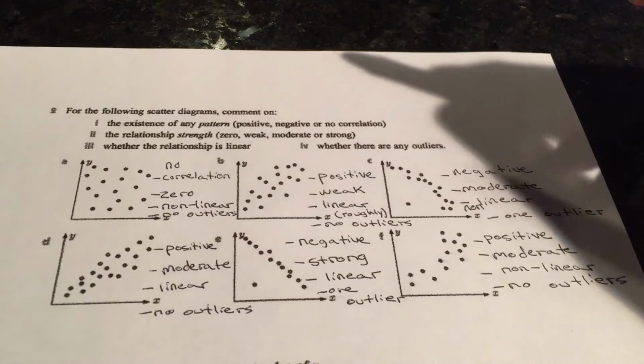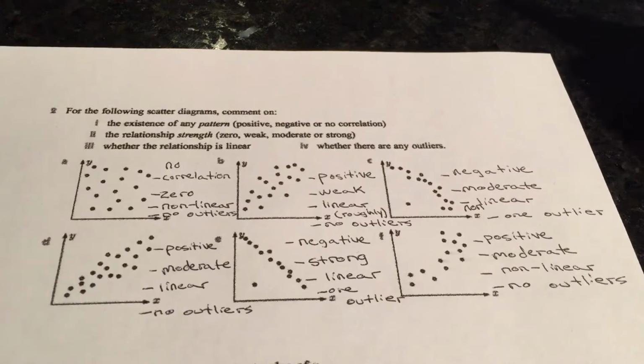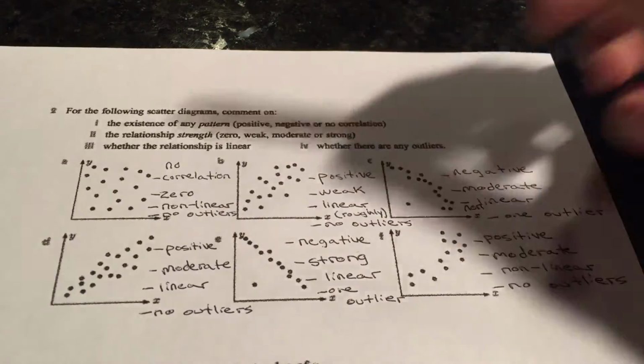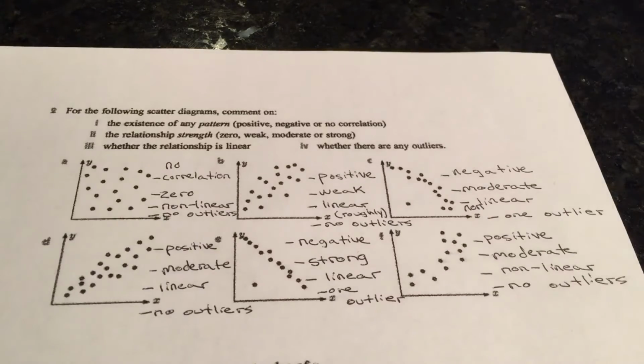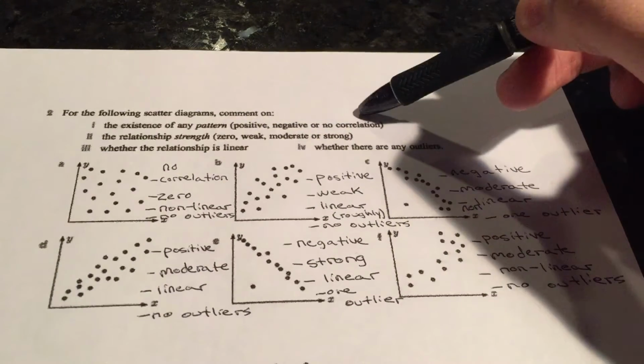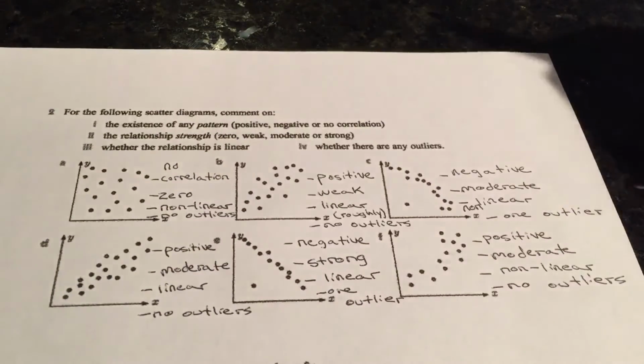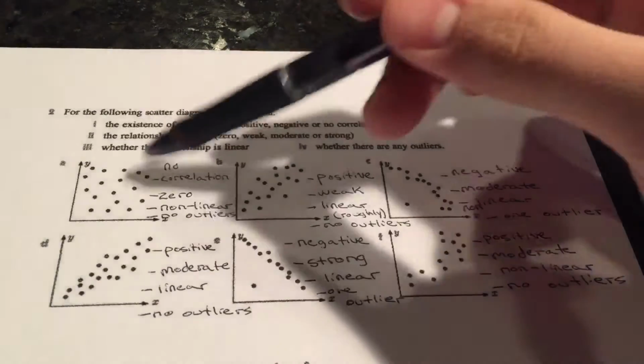All right, so number two. It first asks us to identify the patterns in each of the graphs that they give. So we either have a positive, a negative, or a no correlation for these patterns. So let's start off with letter A. So as we can see,